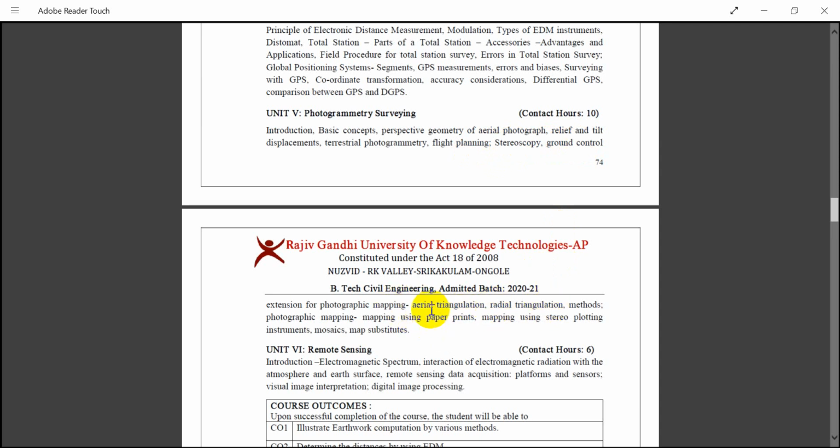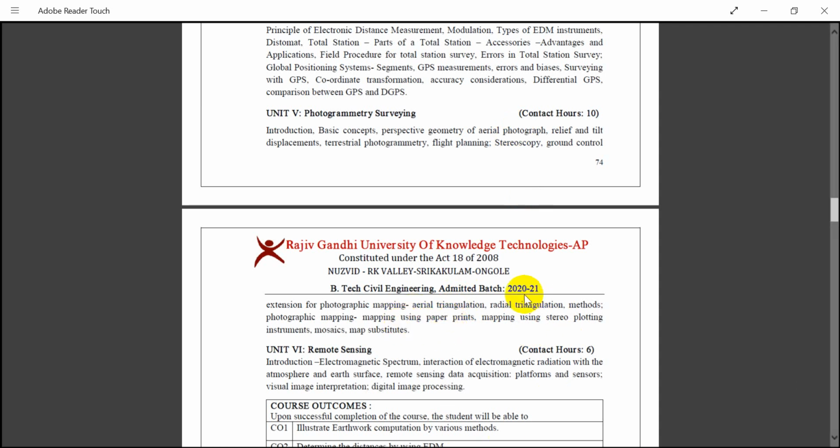Aerial triangulation, radial triangulation, mapping, okay, but these are all useless topics. Also three-dimensional digital image processing, digital image processing subtypes, CSC topics. Most probably we won't discuss these topics; they are waste topics. Basically this is the area: scale, heights, coordinates of points on the ground, two-dimensional and three-dimensional. Later, mapping using prints. These are all CSC topics. If we find the material, I will discuss it. Otherwise, nothing more to discuss.